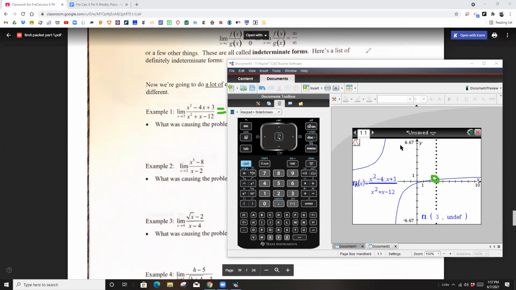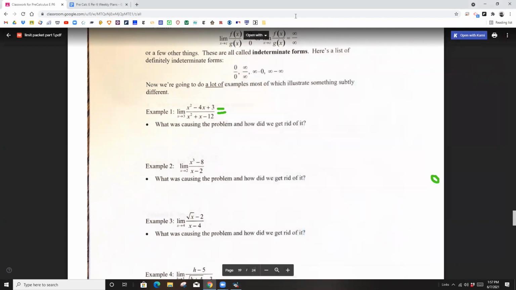And if we were graphing it without a graphing calculator, we would have to know that that existed there. And the way we would know is by factoring it and seeing that the factors cancel out. So if we factor the numerator, that would be x minus 3 times x minus 1 over x squared plus x minus 12. So that would be x plus 4 over x minus 3. So that's how algebraically we could see that this has a hole at x